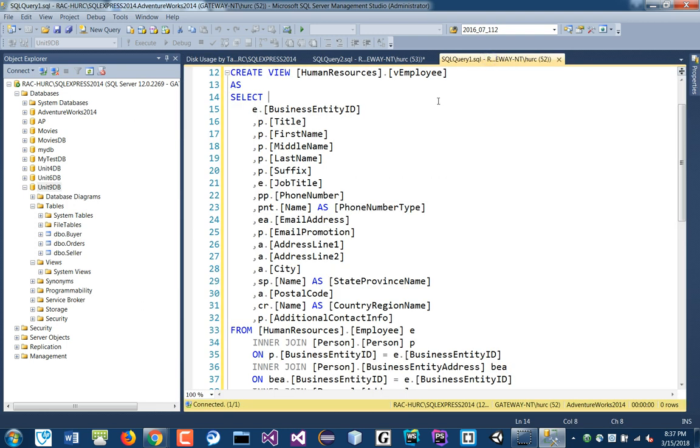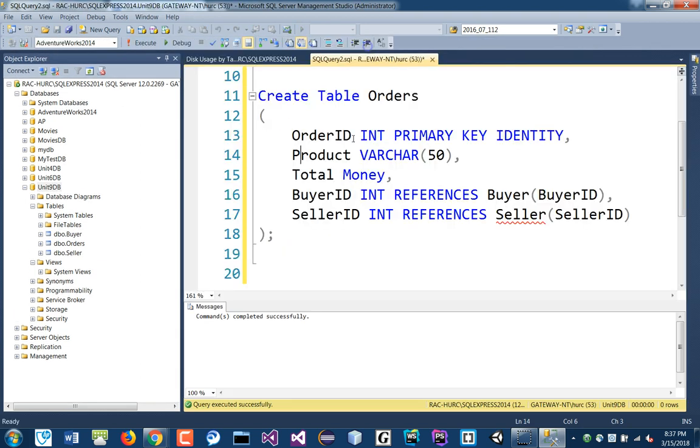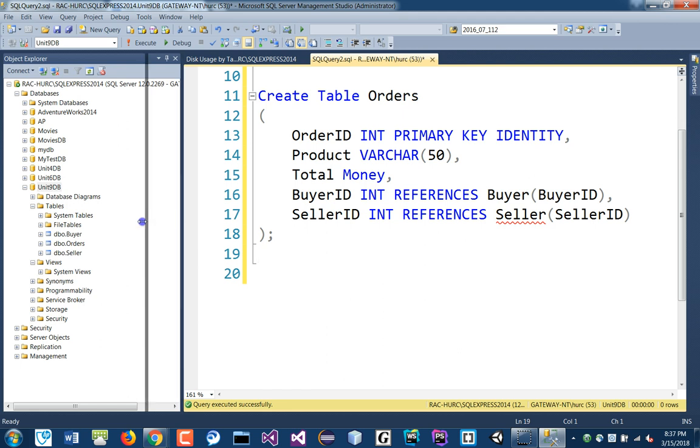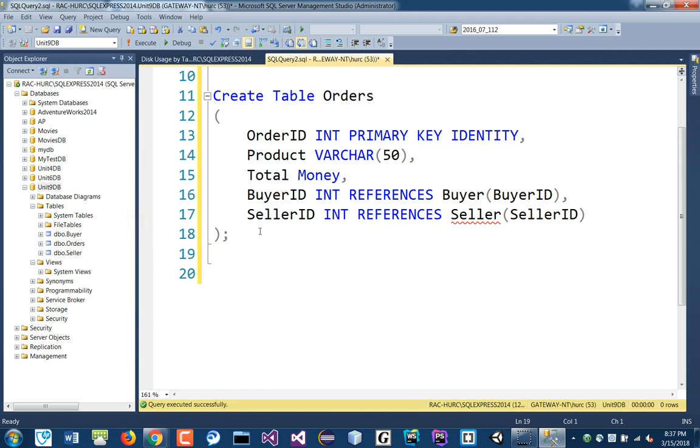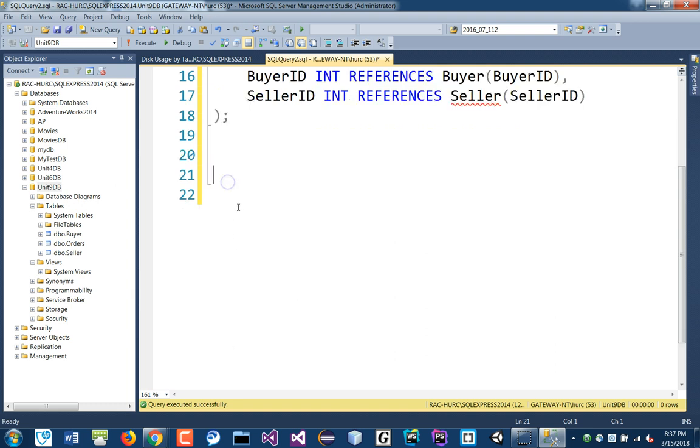Okay, so let's go back here to our scripts page. And I'm going to insert some data to these tables, right? So we need to insert some data to the buyer